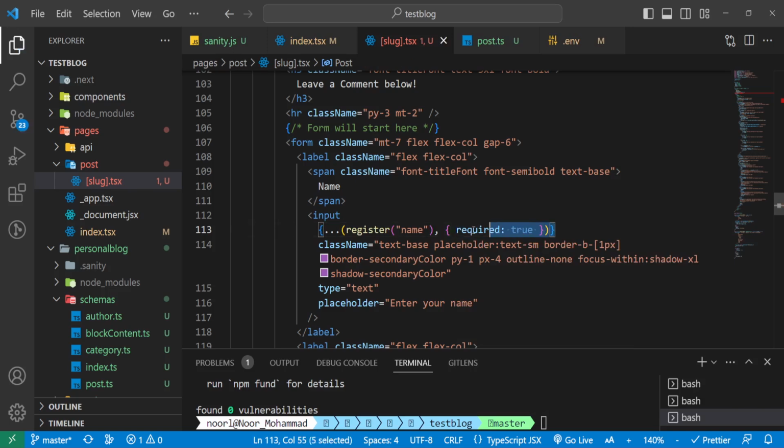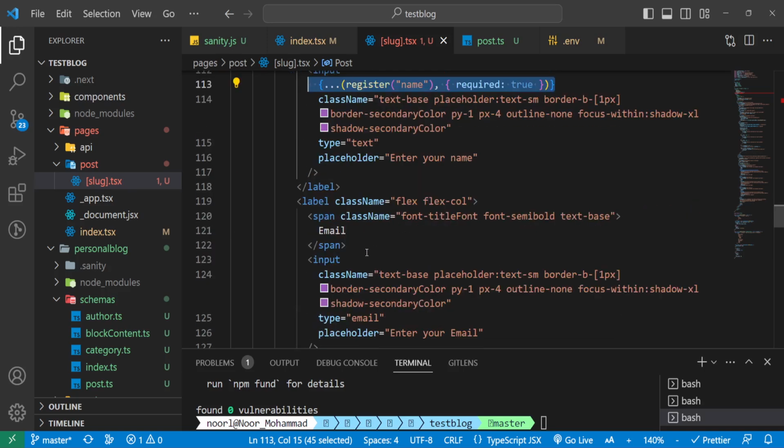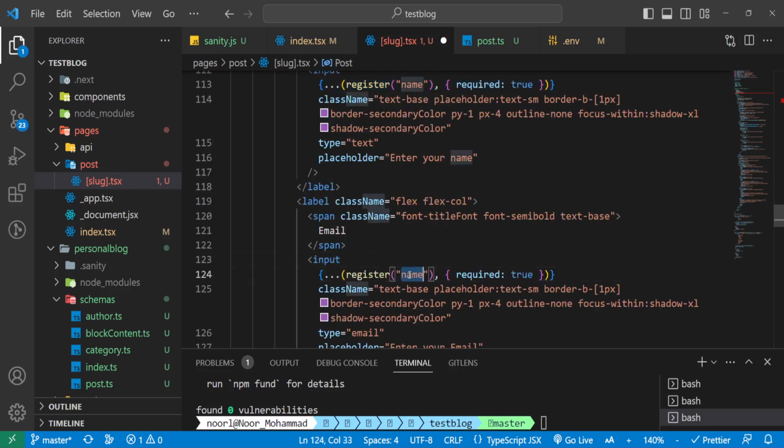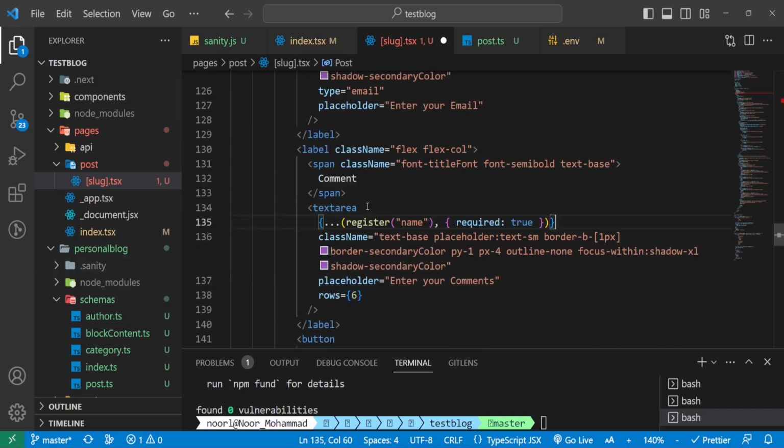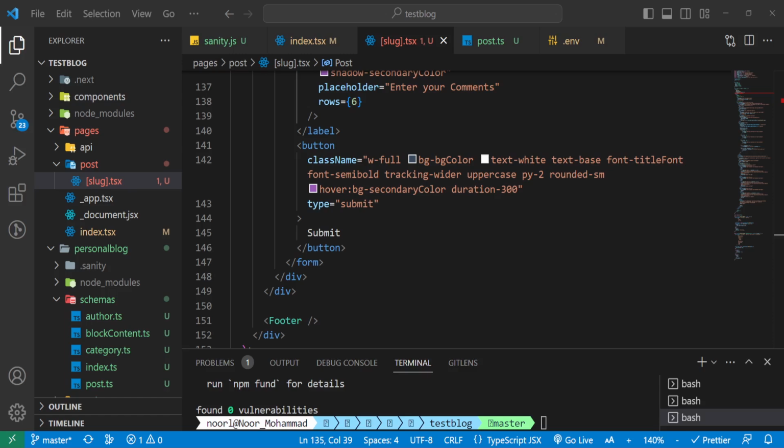In a similar way, I can just copy that, and in the email we will mention it as email, and of course it is also required. And now in our text area, in the comment section, comment is also required. After that, we need to create a submit function which will handle our own submit. So what I'm gonna do is create one